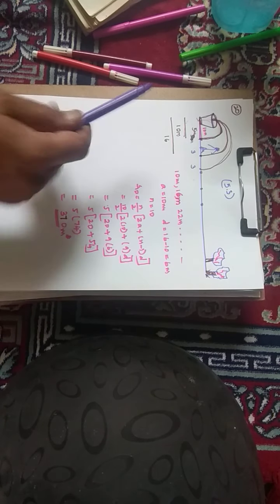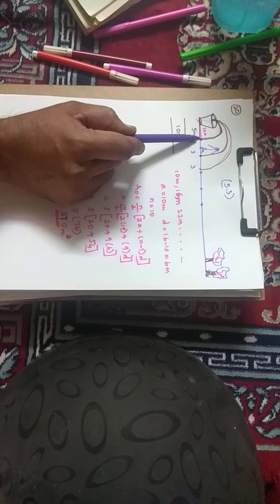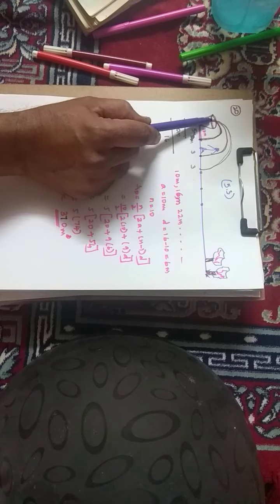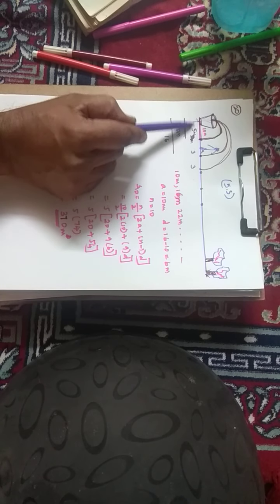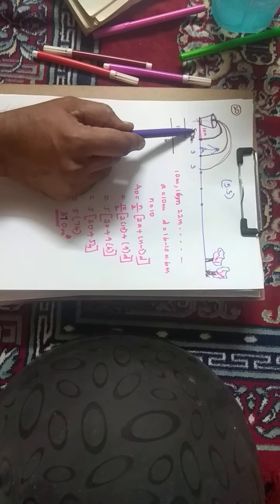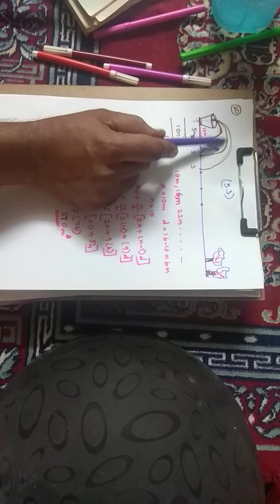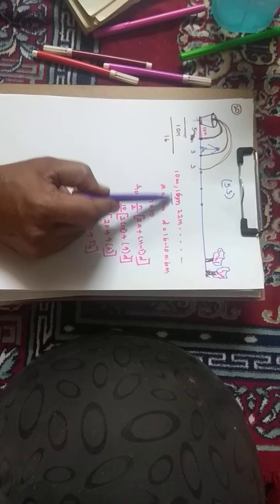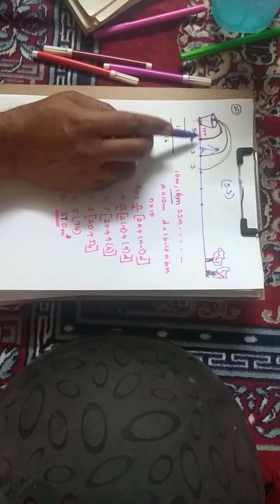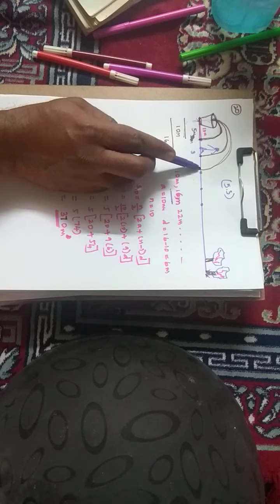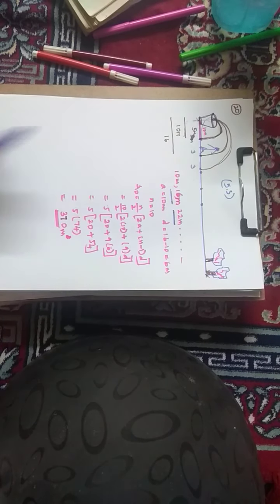For this, first you want to understand, for the first potato, he will travel 5 meters and come back 5 meters. The total distance is 10 meters. From the bucket to the second potato it is 8 meters, 5 plus 3. Then he will collect the potato and come back again. Therefore it is 16 meters. In the case of the third potato, it is 5 plus 3 plus 3, which is 11. 11 plus 11, he collects the potato and comes back, it is 22 meters.